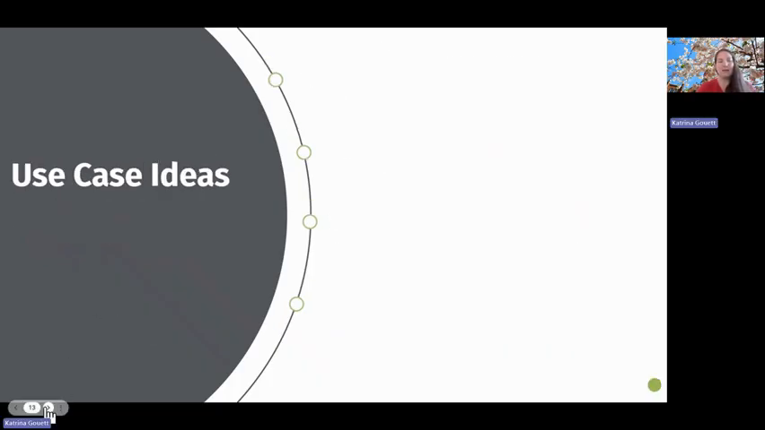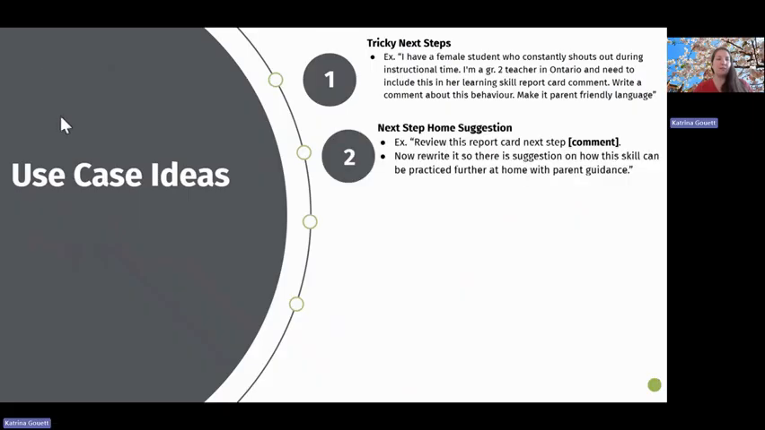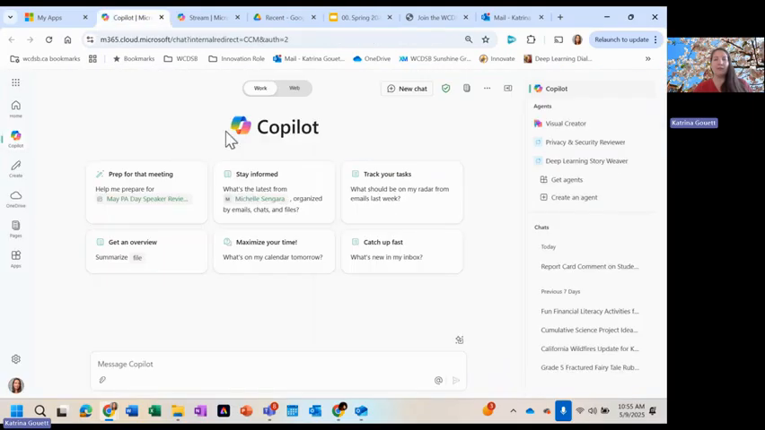Okay, so some use case ideas. The one I really like is actually those tricky next steps in our learning skills. So, for example, I have a female student who constantly shouts out during instructional time. I'm a grade 2 teacher in Ontario and need to include this in her learning skill report card comment. Write a comment about this behavior. Make it parent-friendly language. So I've gone into Copilot to try this one out,